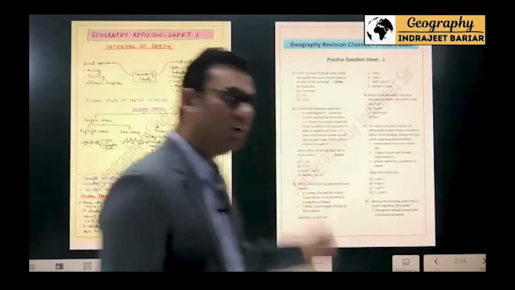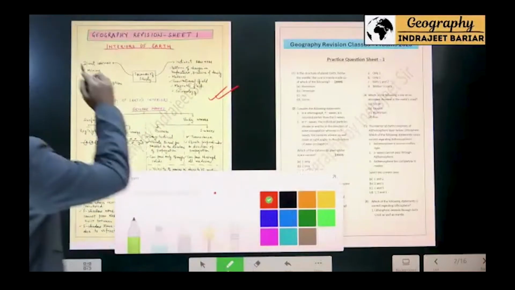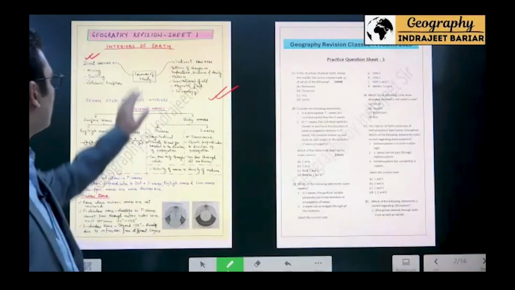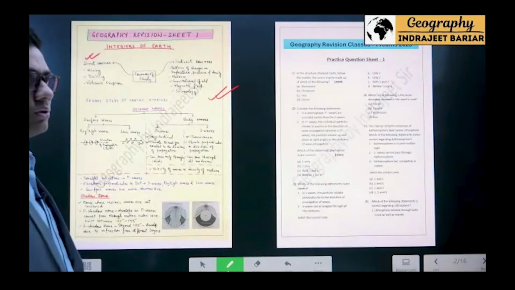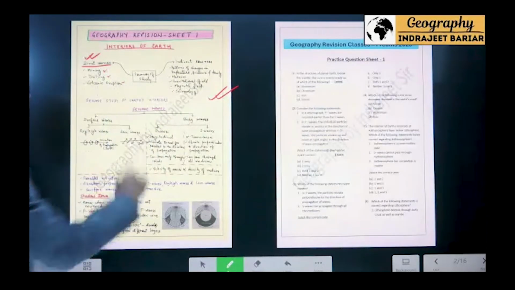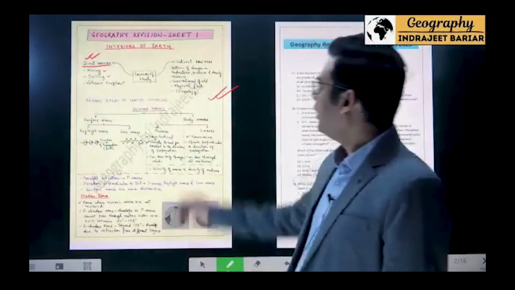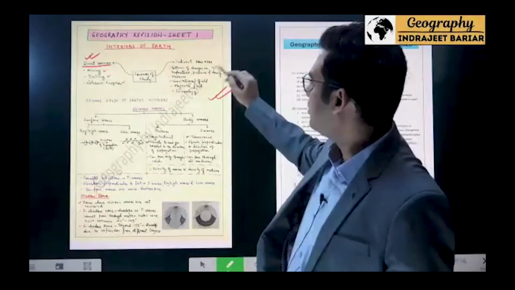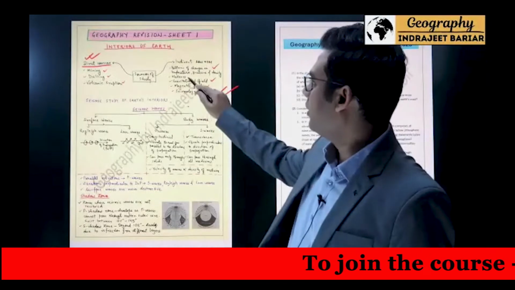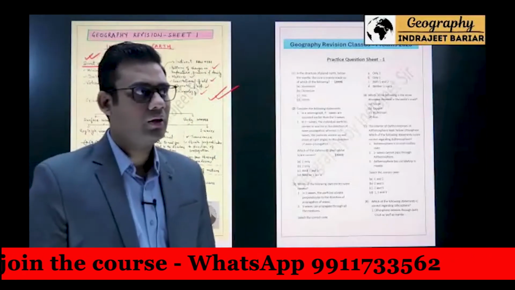So if you now see in your notes, this is one particular part that you will find. Here, the first thing that we have given is, under the interiors of the Earth, sources: direct sources and indirect sources. Under direct sources, we have written mining, drilling, volcanic eruption. These would be direct sources. And then we have indirect sources, which are patterns of changes in temperature, pressure, and density, gravitational field, magnetic field, seismology. Meteors is one more indirect source, the study of meteors.